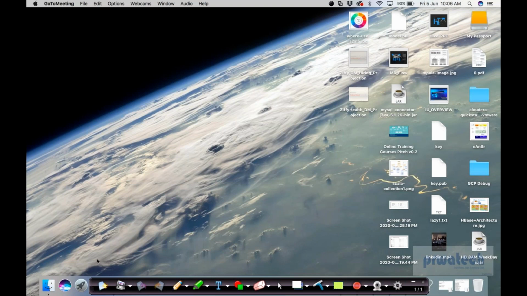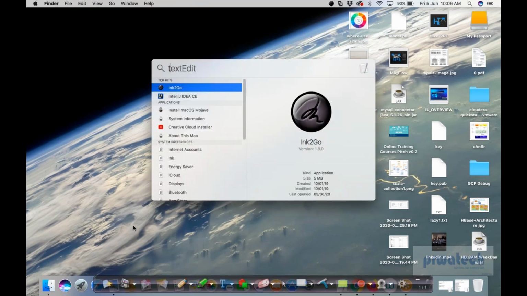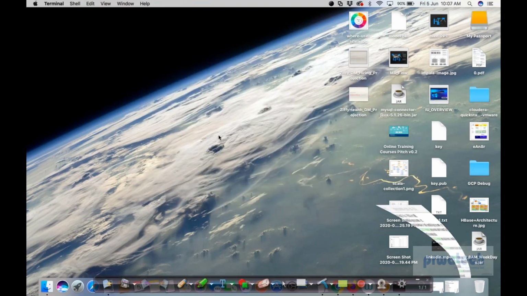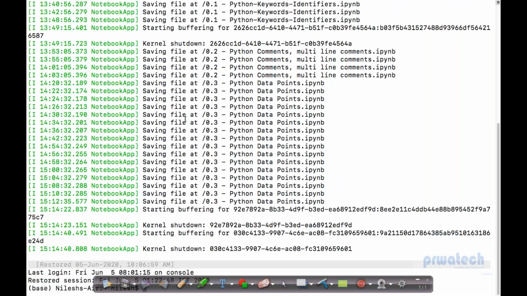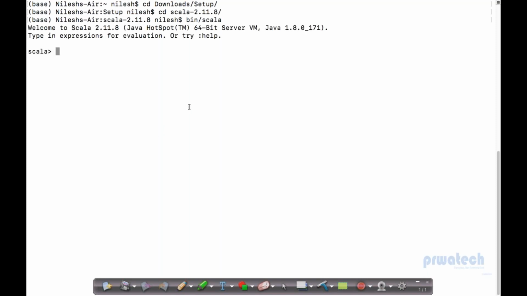Okay. I'll open a Scala cell again, in the terminal. All right. So here we'll see. We'll go to first downloads, then setup, then Scala, then bin/Scala. And here we'll see, well,